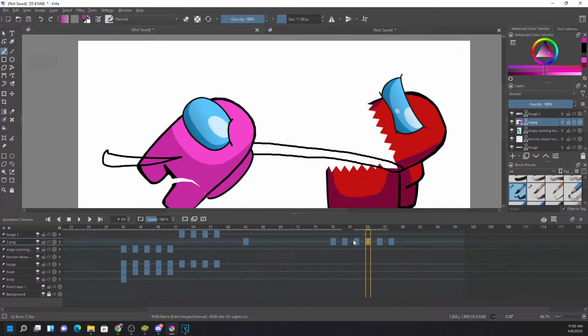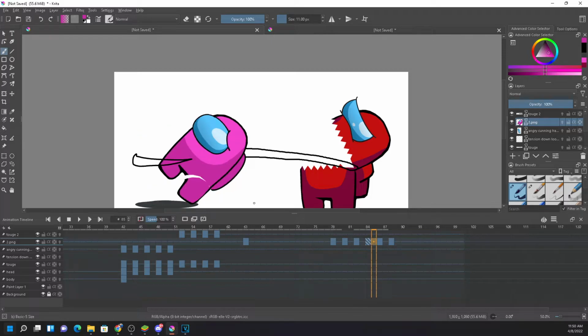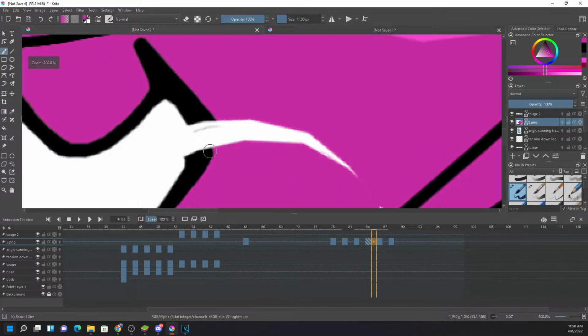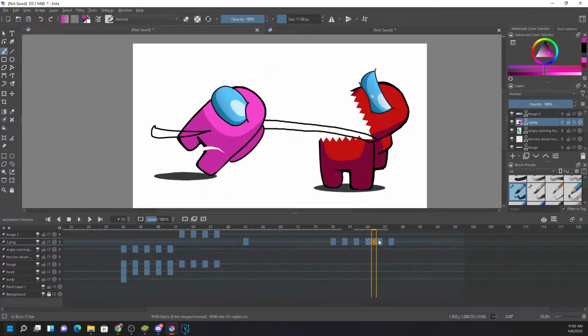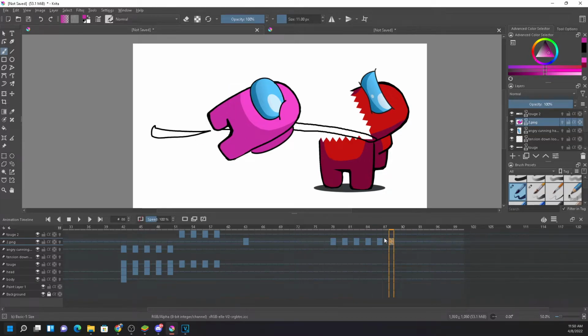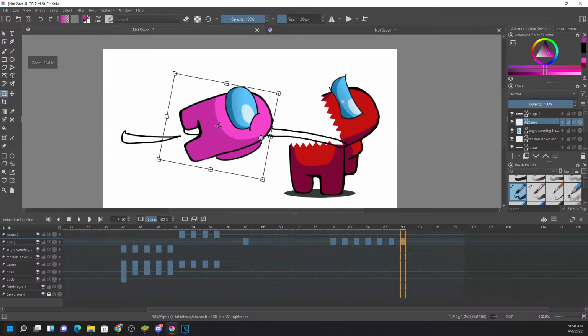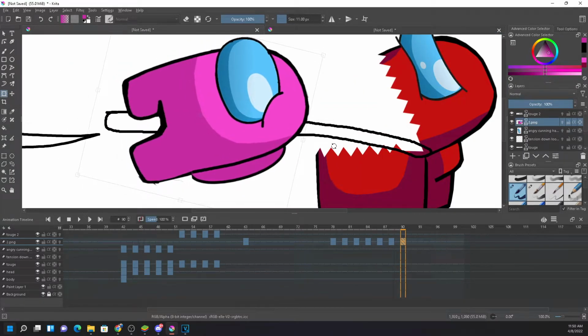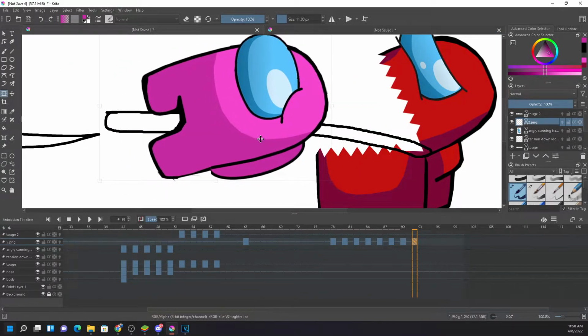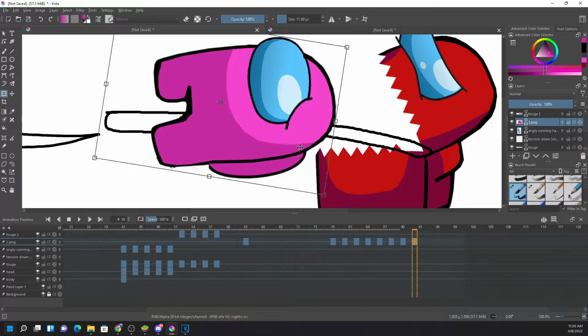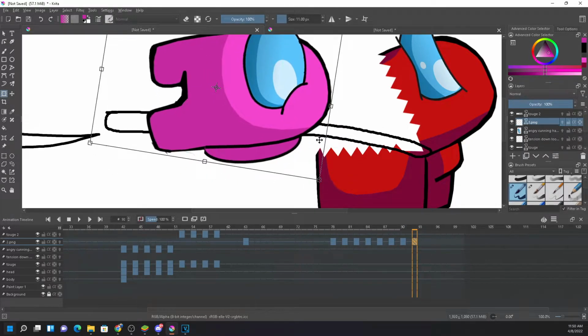So I will tell like this. You need to draw the colors for this one also. This one. So now I'm gonna move this one. Move right over here and move it. Move it. Little up.